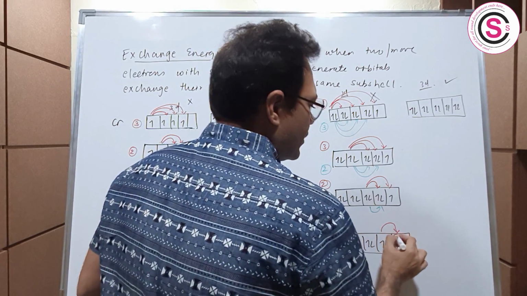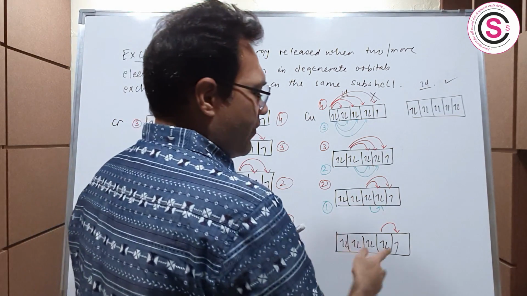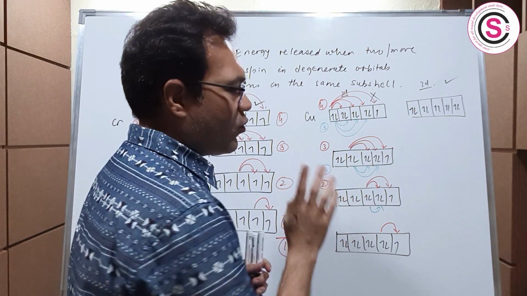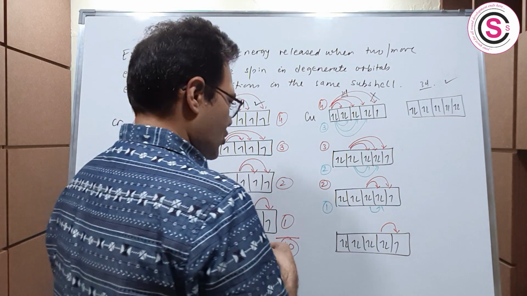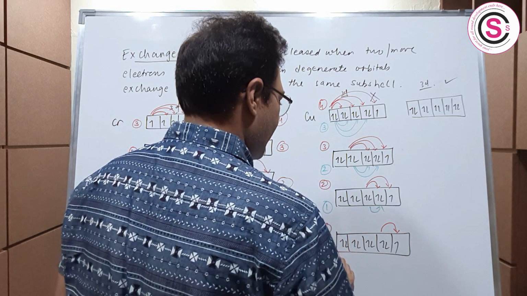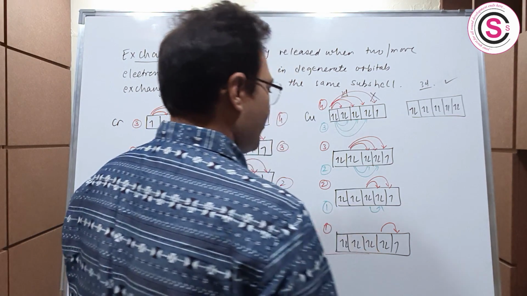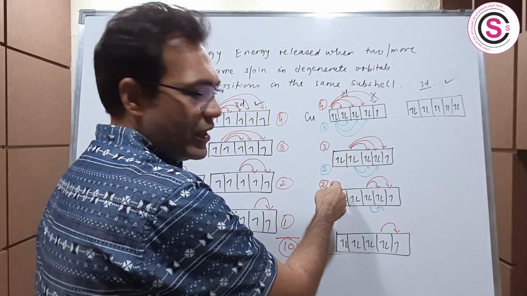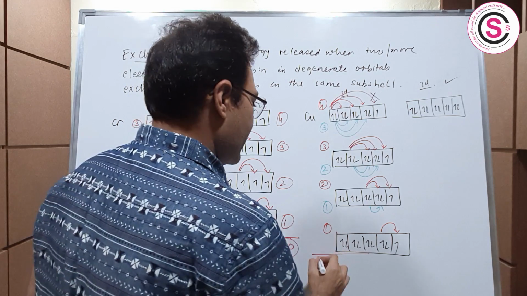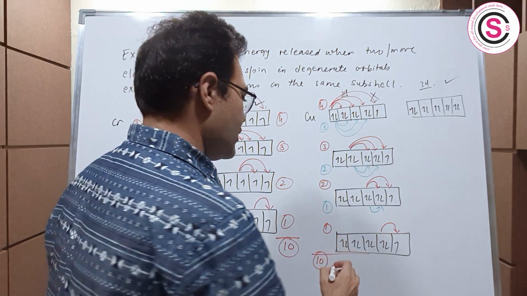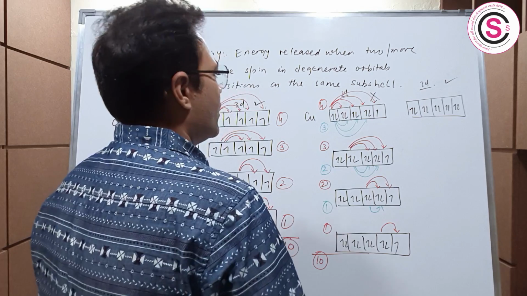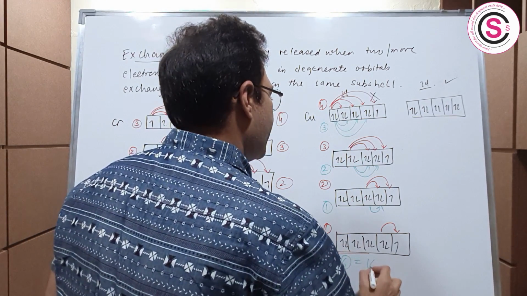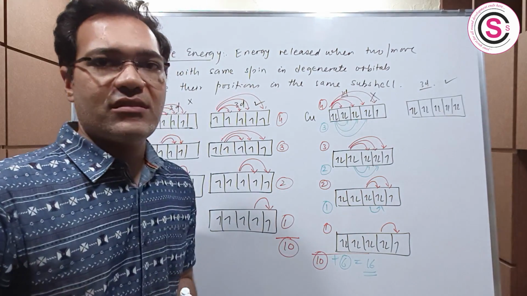Now here this electron can be exchanged with this, whereas for the downspin electron, all the cases for the exchange are over, so no more cases are possible. So here you see only 1 exchange can be made. Students, if we calculate the total number of exchanges, then you see 4 plus 3 is 7, plus 2 is 9, and 10. 10 exchanges can be made for upspin electrons, and 3 plus 2 is 5, plus 1 is 6. 6 exchanges can be made for downspin electrons, so you get a total of 16 exchanges, correct?